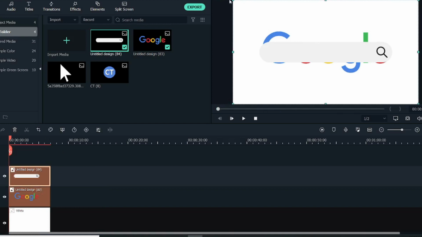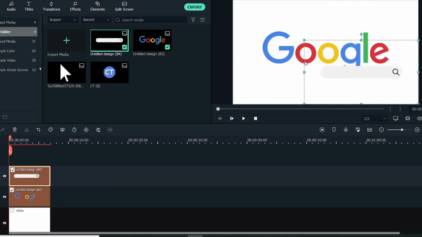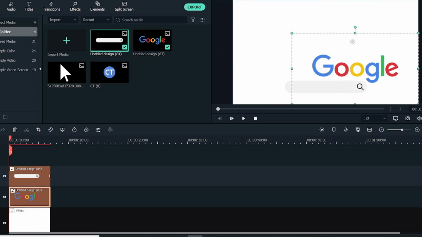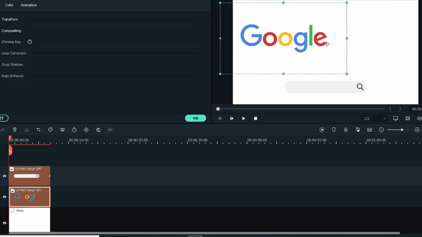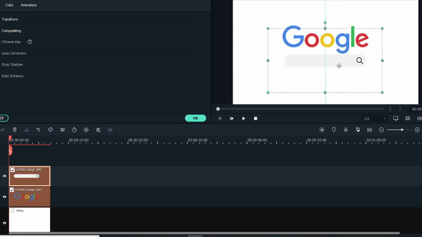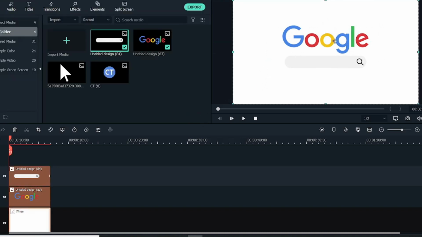First I will click on the search bar, and if you want to create these elements and illustrations from scratch, then you can check out our logo animation video by clicking in the top right corner right now. Let me arrange these, and let me minimize the Google logo as well, take it over here and place it in between, and place the search bar over here. So this will be the position of my Google logo and the search bar.